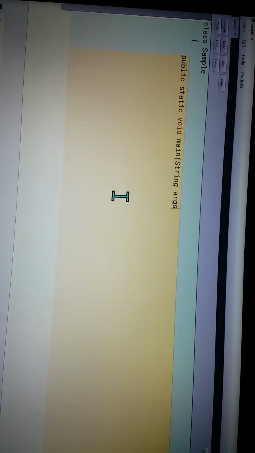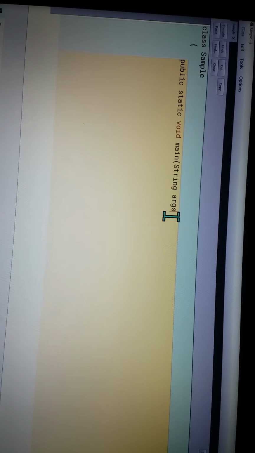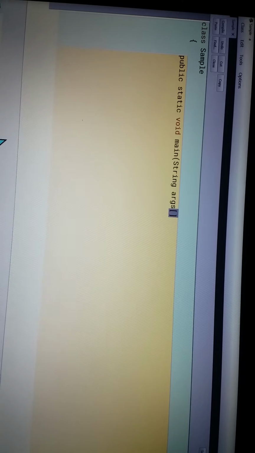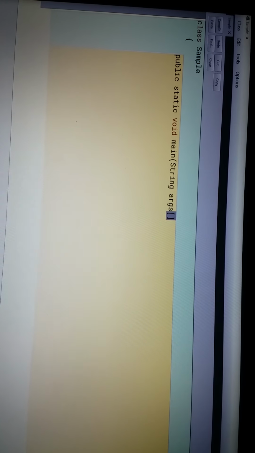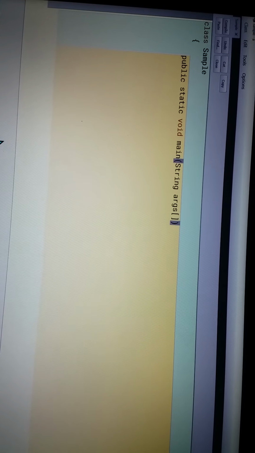It is necessary. Now two big brackets like this, and then I will close the small bracket. So this you have to give in every program. The opening sentence will be this only.